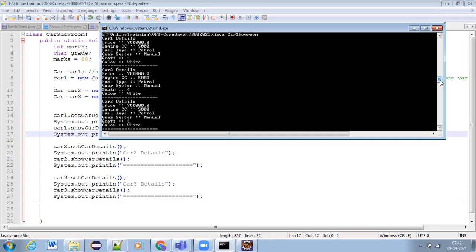So how can we identify that the car is sold by us if we maintain all this information? Of course, here we are maintaining generic information, but in a showroom, every car will have some barcode and some ID, a car number, a TR number, right?